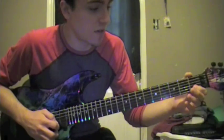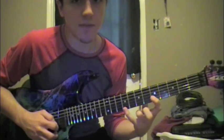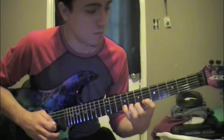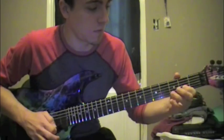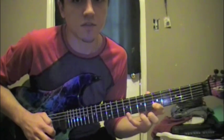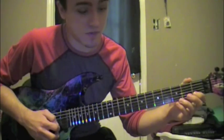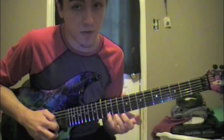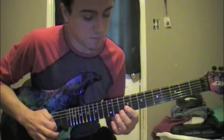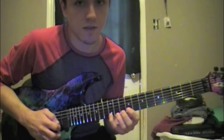And then on the B string, it's going to go to the 5th fret, or the E, and it's going to stretch to the 9th fret on the E string. You let those two ring together. And then we're going to go to the 9th fret on the B string and the 12th fret on the E string, kind of the same pattern here. We're just going to go to this. So 9 on B, 12 on E,